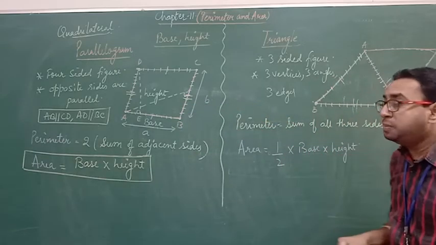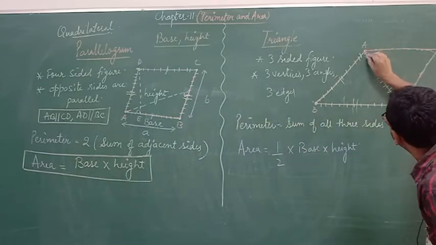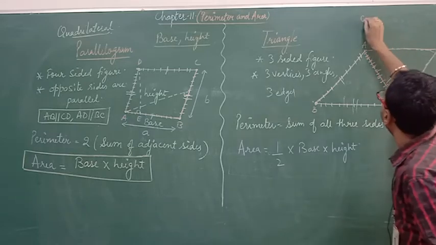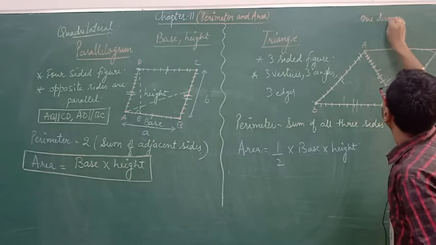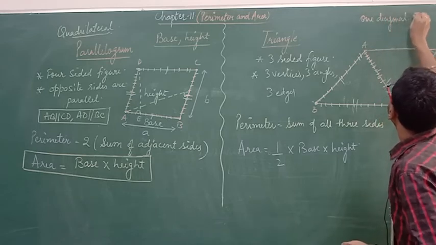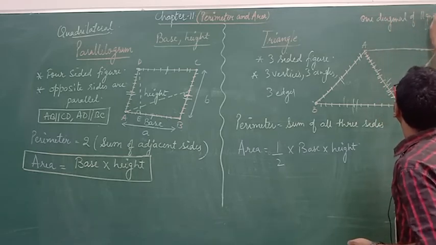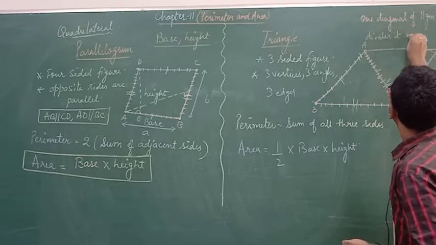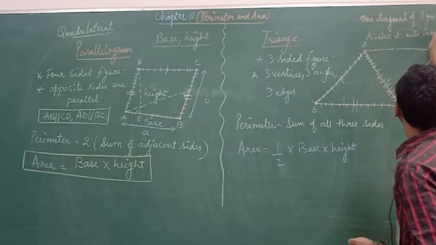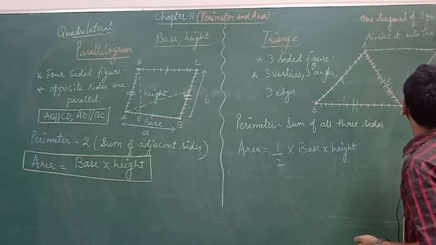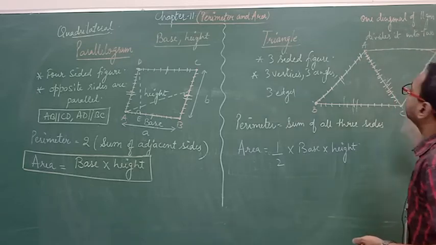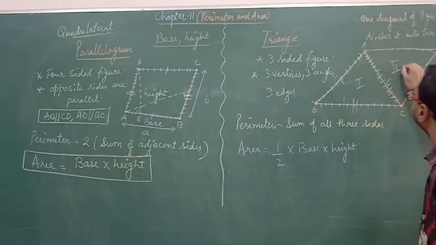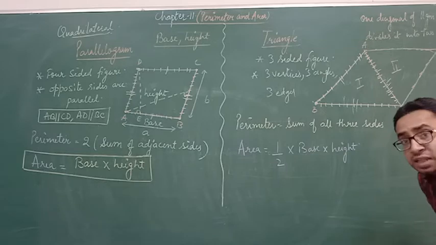If I am considering this a parallelogram and this AC is a diagonal, so one diagonal of a parallelogram divides it into 2 triangles. Yes or no? Of same area. If this is one triangle, this is obviously the second triangle. And hence,